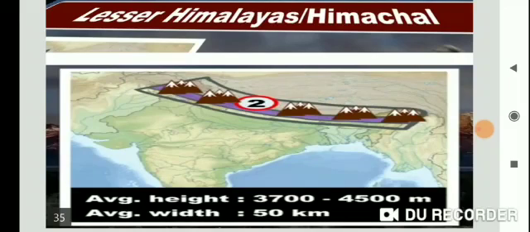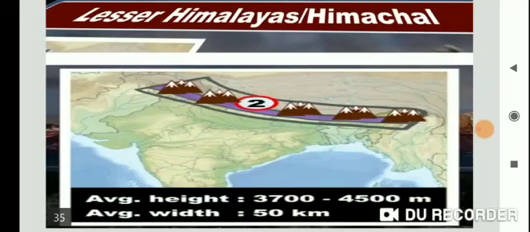It is composed of ranges like Pir Panjal, Dhauladhar, and Mahabharat. The Pir Panjal is the longest and most important range, and they also contain valleys having well-known hill stations in areas like Kashmir, Kangra, Kullu in Himachal Pradesh, and also Mussoorie,